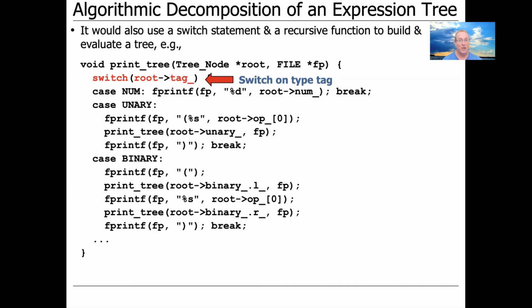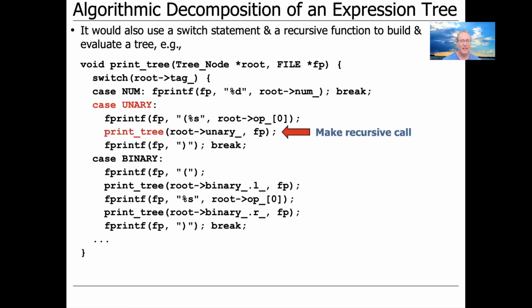The other thing that's very common when you design software that looks like this is you'd probably use a switch statement and a recursive function to build and evaluate the expression tree. This particular function is showing how to print the tree, and it's passed a pointer to a tree node and a file pointer. Because this is using the classic C way of doing things, it switches on the type tag using a switch statement. Then based on whatever tag it is, it carries out the right behaviors using the various cases listed below. So if it's a num type tag, we go ahead and print the contents as a number